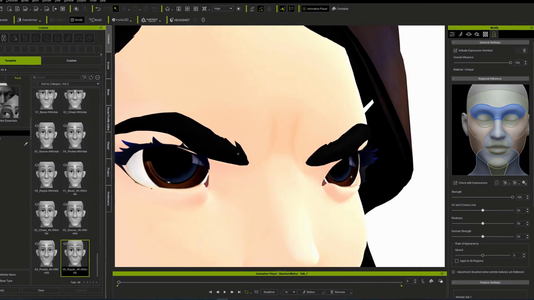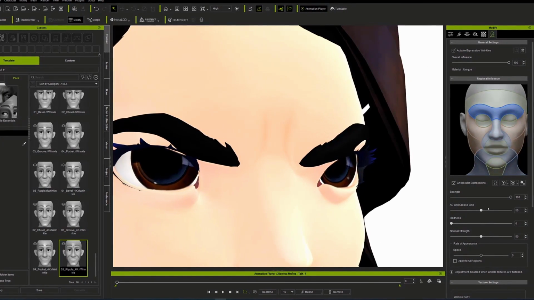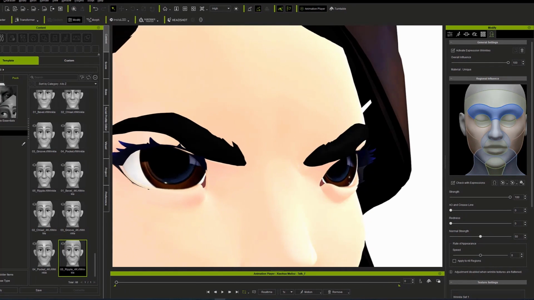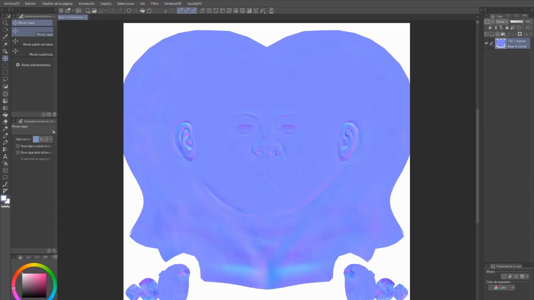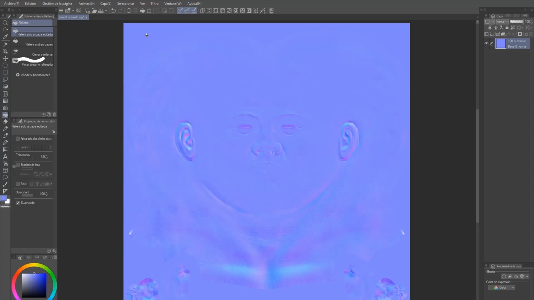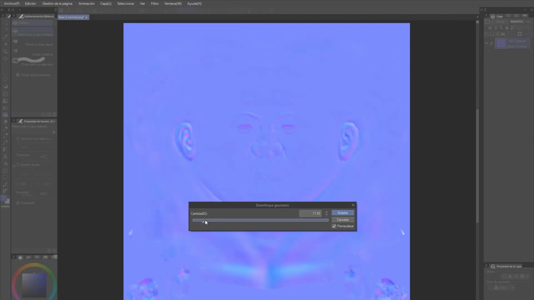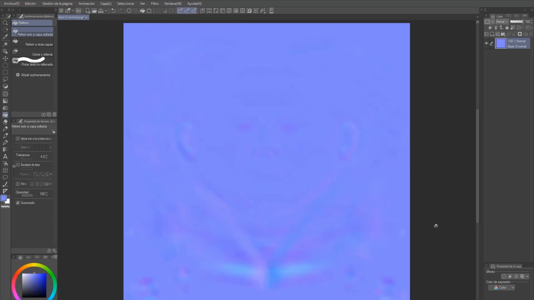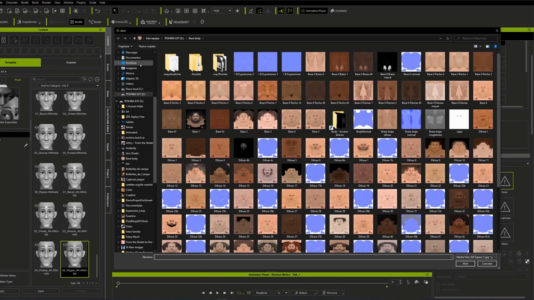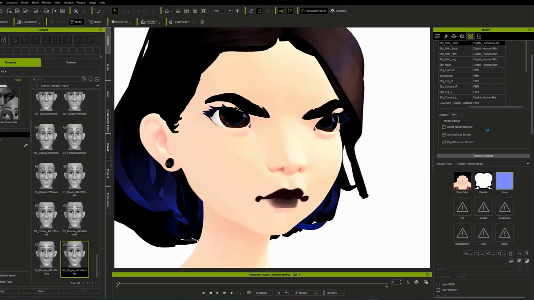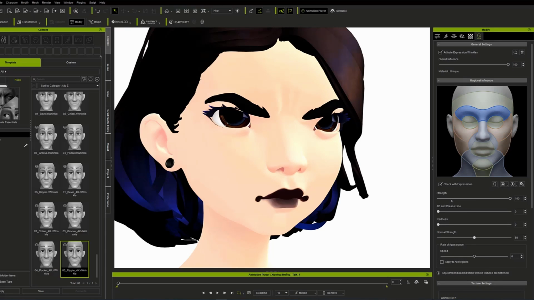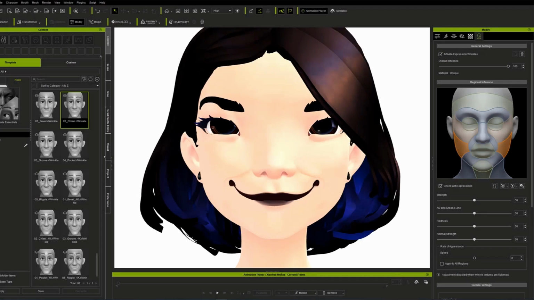When applying it, in my case, it does not seem that the wrinkles have volume, and this is due to a very common fault in the cartoon characters that we create in Character Creator. As the normals of the character are realistic and do not serve us for our character, we usually remove them without replacing them with normal cartoon textures. Having no normal texture to apply, the normals of the dynamic wrinkles cannot be applied and displayed. The solution, as you can see, is simple. Just take the normals that the program brings by default and blur them. Now the system works and looks great,